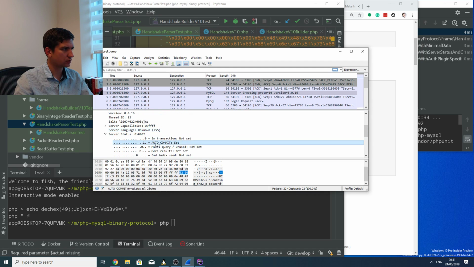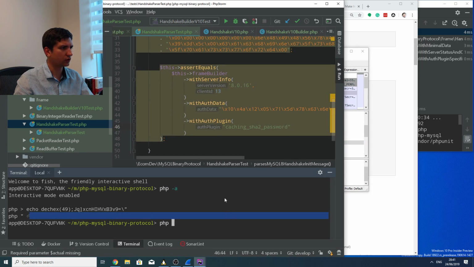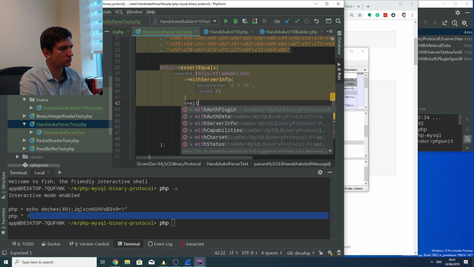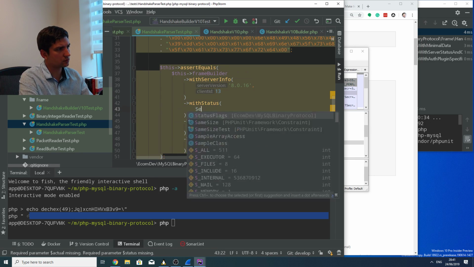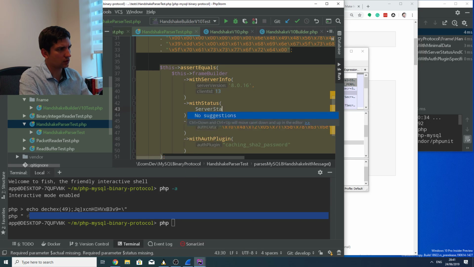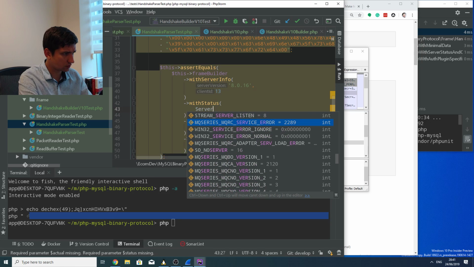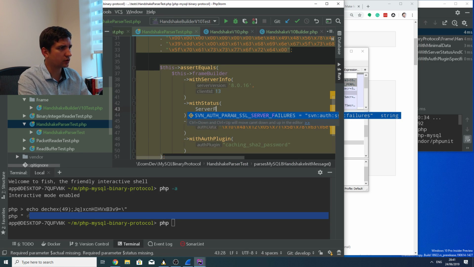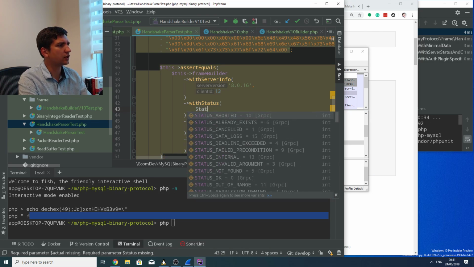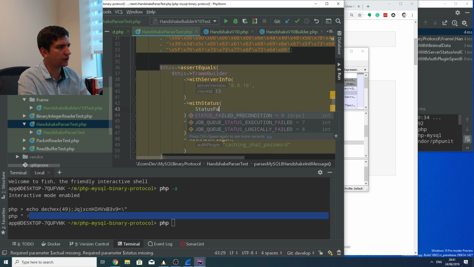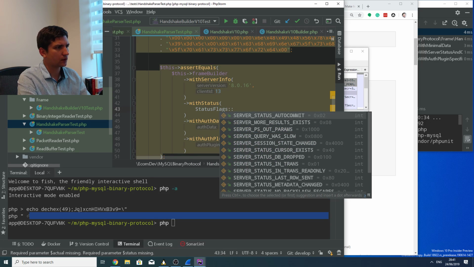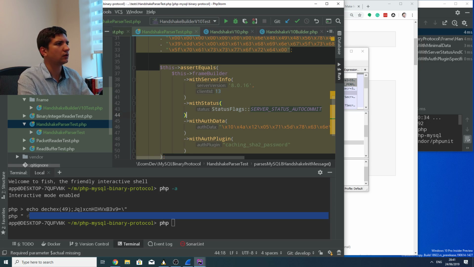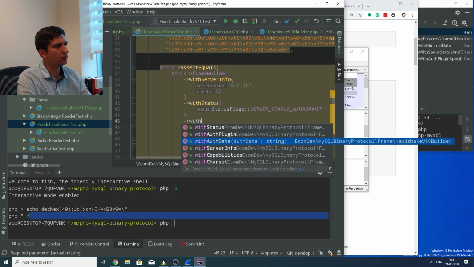So in status, it's only returned that it has autocommit turned on. So we can specify it here with server status. What's it? Oh, it's server flags, I think. Yeah. Oh, it's status flags. Okay, status flags autocommit. So this is our status flags. We also can specify that with